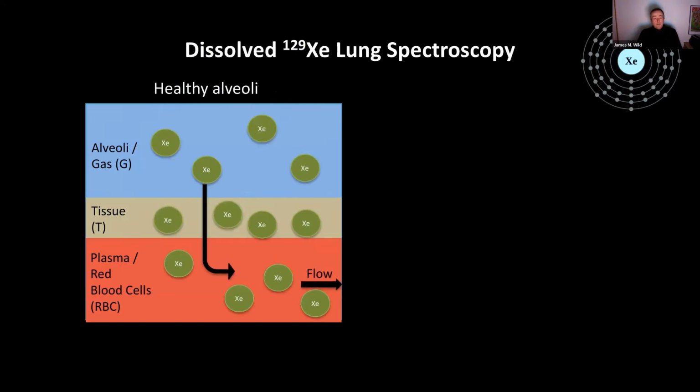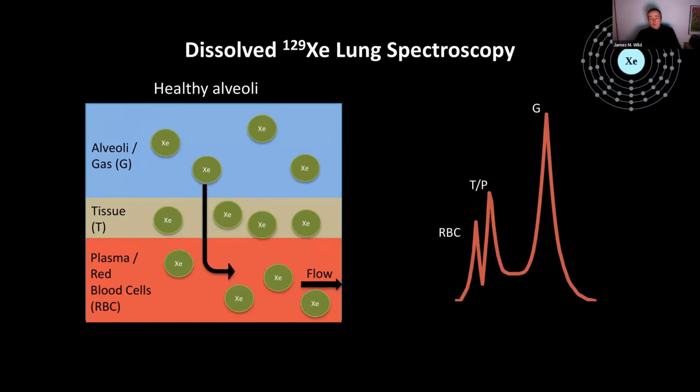If we inhale the xenon into the lungs, you see good diffusion across the barrier and uptake by the red blood cells. And what we would see is a resonant frequency spectrum of the xenon that looks something like this, with a red blood cell peak and a tissue plasma peak, which are equivalent in size, showing healthy uptake in the interstitium, but transfer of the xenon through into the red blood cells, reflecting the carbon monoxide transfer factor